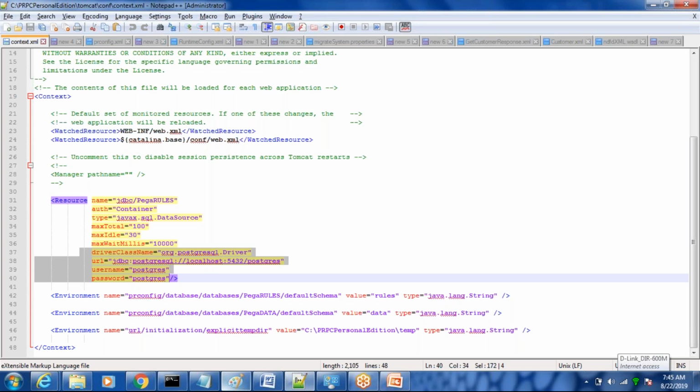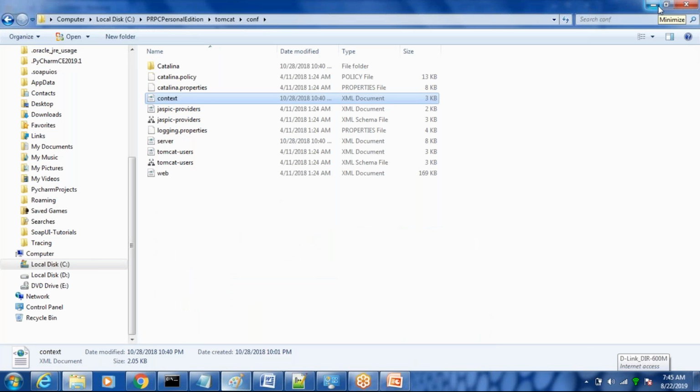In case you want to log in to the database, you can use these configurations. You can use this URL, username, and password to establish a connection and see what all the tables Pega uses. But since it is Postgres, you need to install Postgres admin software. There is a separate software which we need to install in order to check this database, just like Oracle, where you go with Oracle 11G or whichever version you have. Postgres admin can be downloaded separately to check the tables in it.